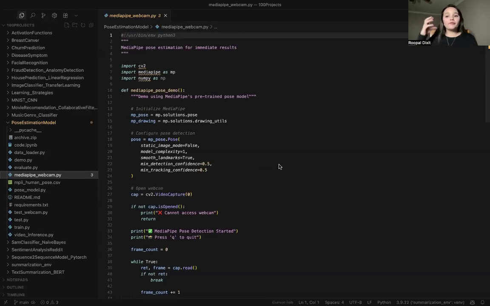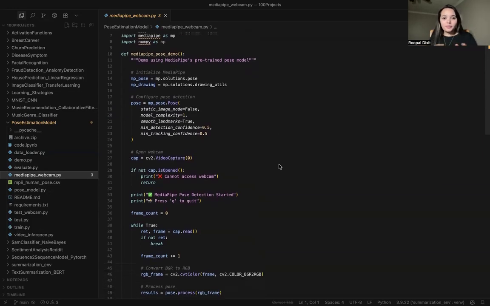Okay, so this is the code that we are going to go through. I have made multiple code and tried to run this model. So if you want to train your own model, there is this dataset, which has all the coordinates regarding the shoulders, knees, elbows, hands, eyes, even nose and mouth. So it is going to detect your face also. As you remember, in our previous video, we worked on the face detection, where we were able to do the masking of the face to understand if it is able to detect the face and convert it into a bounding box. So today we will be working on this.